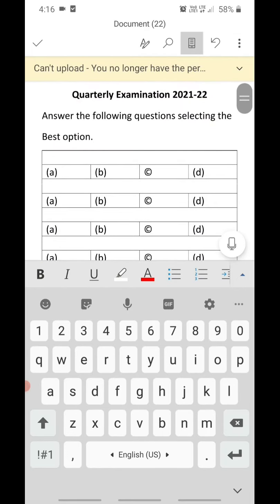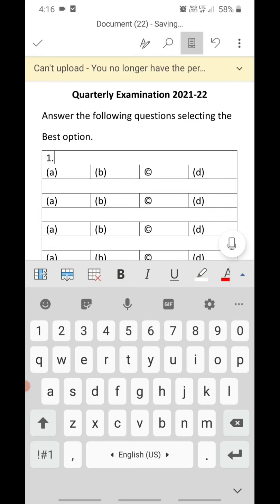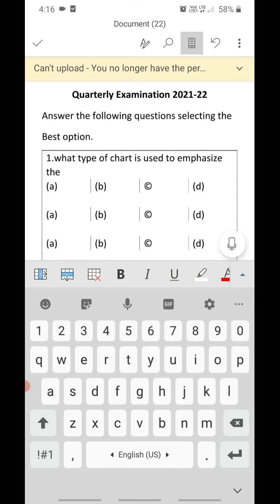So now you can come back to the first, type your question, whatever question you have here. For example, the magnitude. Whatever may be your question, you just type it, and then the options under it: pi, then just use your fingers to tap, area, cloud. Whatever may be your choices, you write down like this only. Then the second question, same way, whatever is your second question, type it, and here you can type the answers, whatever choices you have.